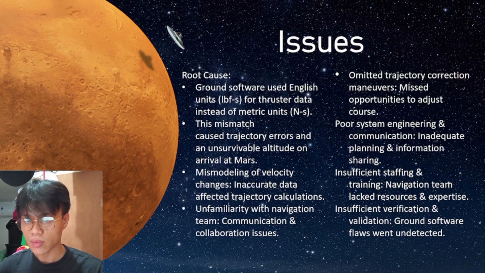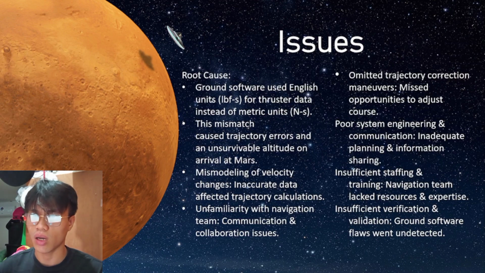So the spacecraft's trajectory was altered, causing the deviation of its route. The ground software's use of English units, pounds per second, for thruster performance data instead of the designated metric units, Newton seconds, caused the